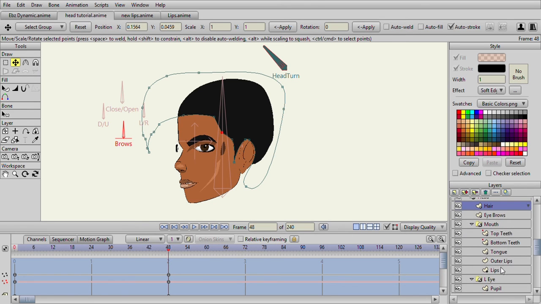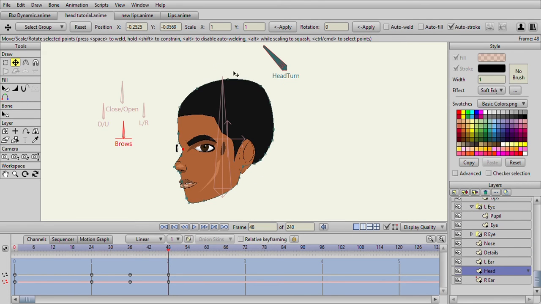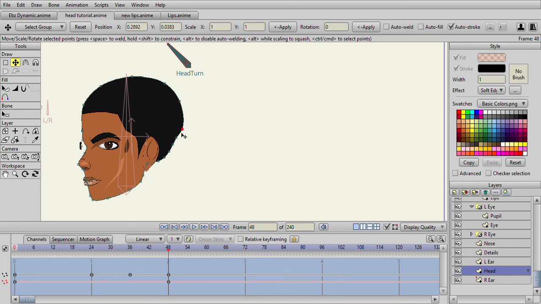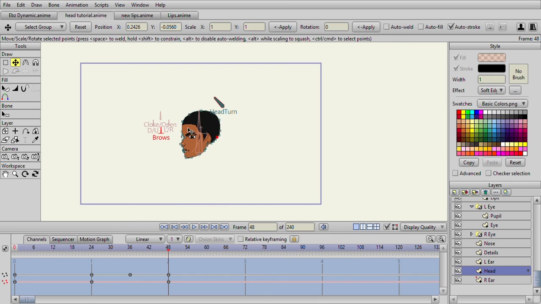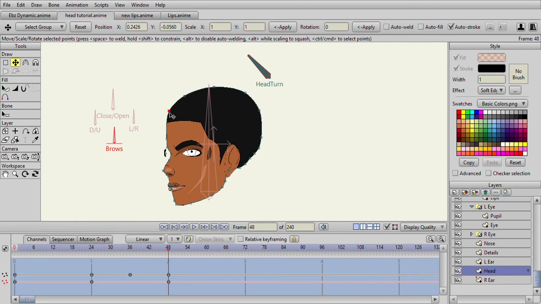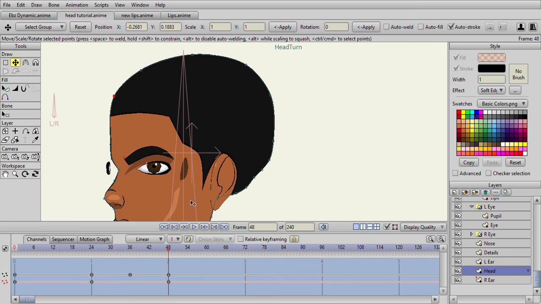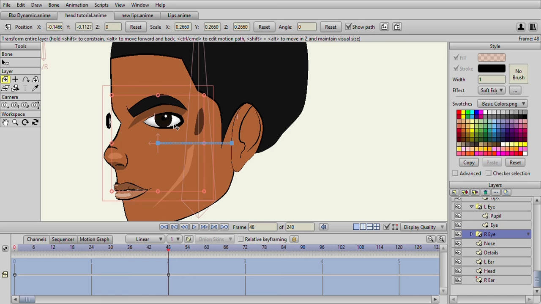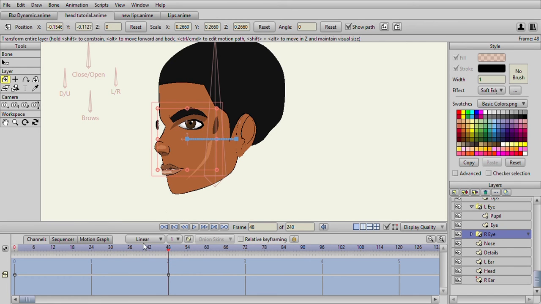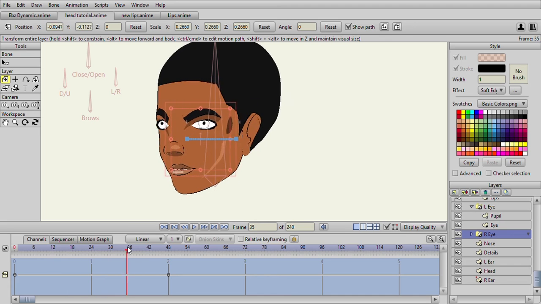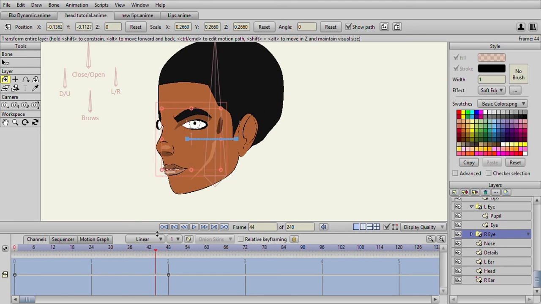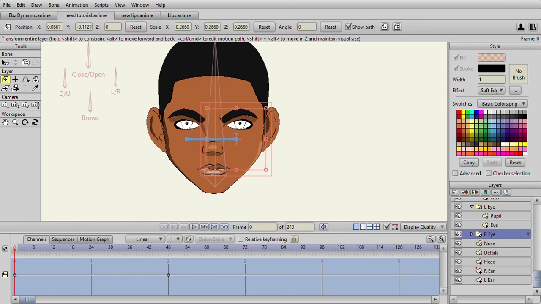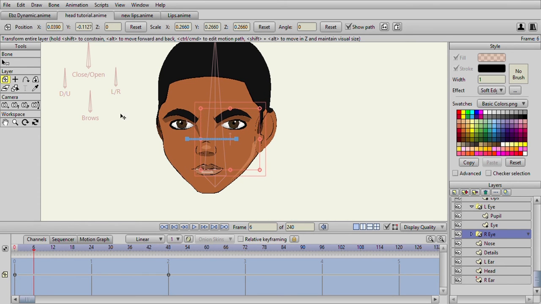Fix his head shape, and possibly his eye, I don't know. Move it in a bit. And with the hair, when it gets there,